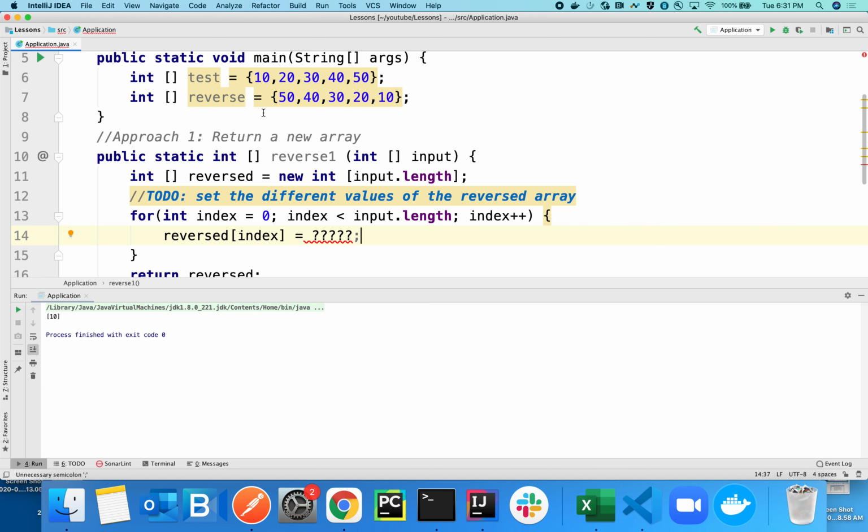The 0th index of reverse, or the first value of reverse, will be the last value of test. The second value of reverse will be the second to last value of test. The third value of reverse will be the third to last value of test, and so on. So each time our index in reverse increases by 1, we want to get the index of this input that was 1 less than the index we got before. That's kind of complicated to sort of hear through words, so let's just start by writing an expression that'll correctly